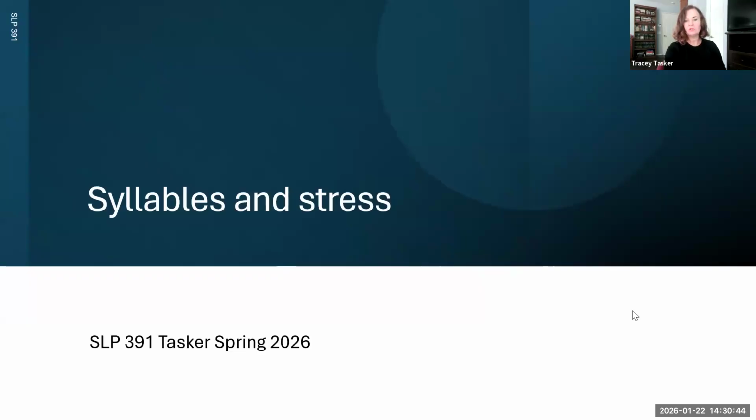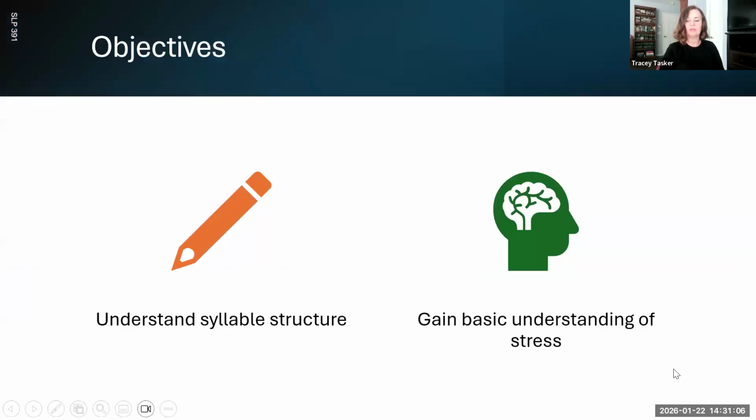Class, we're going to talk today in our third lecture for this week about syllables and stress. This is going to be a brief introduction because we're going to cover this topic later on in the semester. Okay, so let's get started. Okay, so the purpose of today's lecture is to start to understand syllable structures and gain a basic understanding of